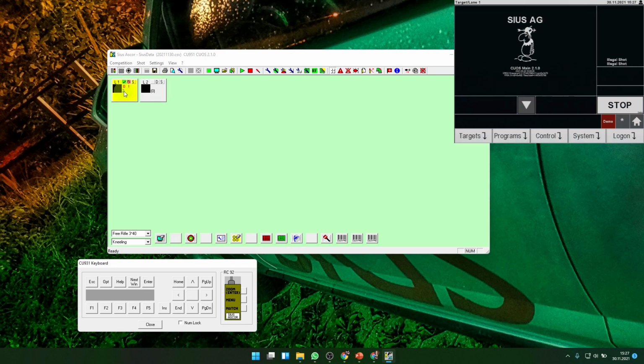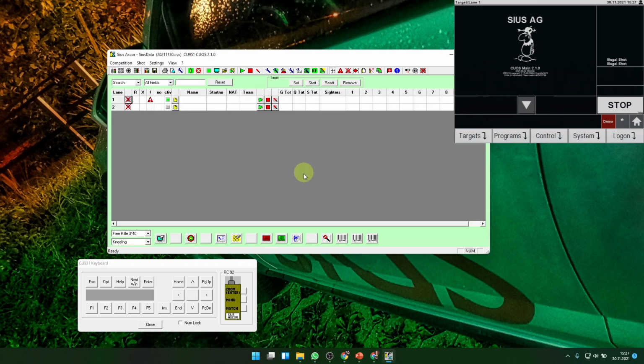We have 2 shots fired, and this yellow blinking shows us that there is something wrong on this lane. Here in this view, you see only this triangle that something happens. And maybe, especially if you have many lanes, you overlook that. When we now go back here and we start a program,